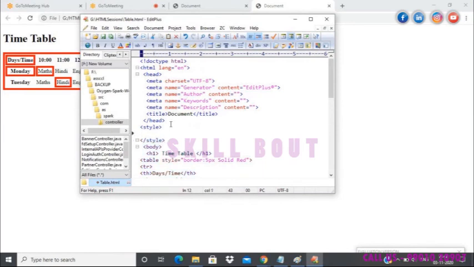Inside which I'll take the property first. What is the property I am looking for? I'm looking for the border property, border colon. I should give the value for this. I want 2px solid, and I'll keep it red.